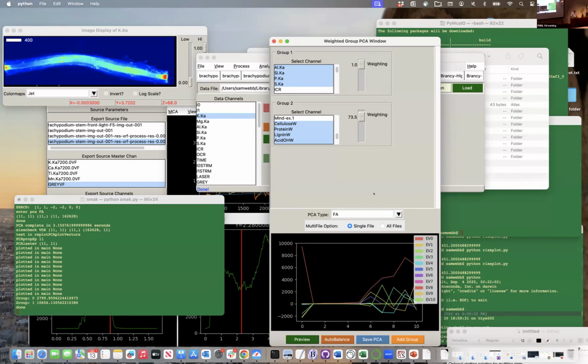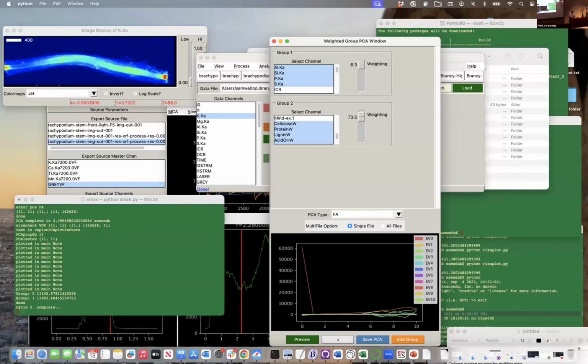I started doing this and I kept moving the slider bars up and down a little bit and trying to get them to match. But if you're lazier like me now, you can say auto balance and it'll go through and do a couple iterations and balance it so that they're weighted evenly now. So that's a quick way to do it. And of course, the potassium data is really intense, so it does bias it a lot. But you can see now the sum of all the infrared data is similar to the sum of magnitude of all the